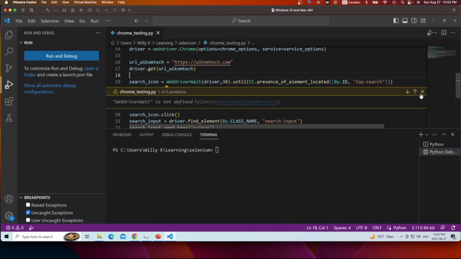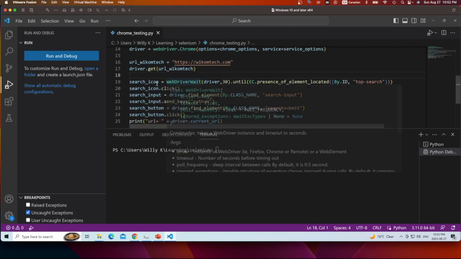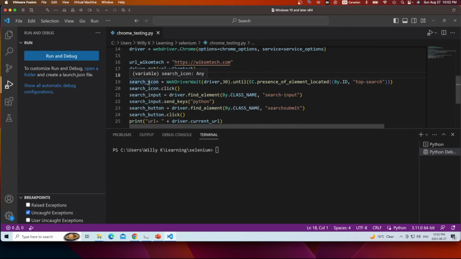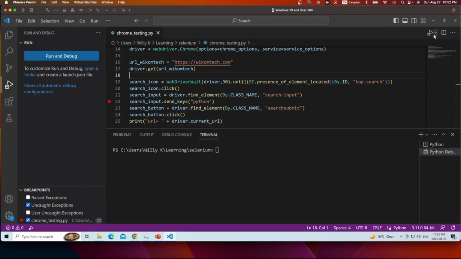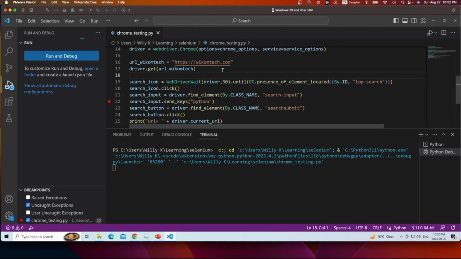So what we are doing in the test is we wait for the search icon, we click on it, we send some keys, Python, and then we do a search. That's what's happening in the test. I can put a breakpoint in there to make sure we wait long enough for the search input bar to appear. So if I start my file,